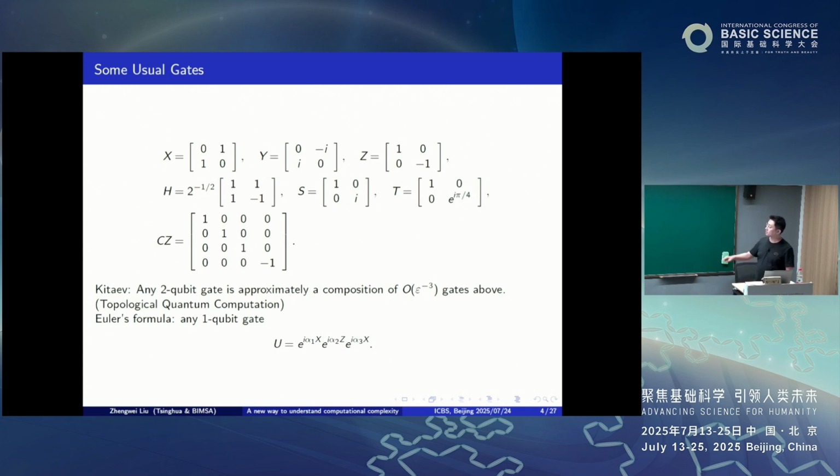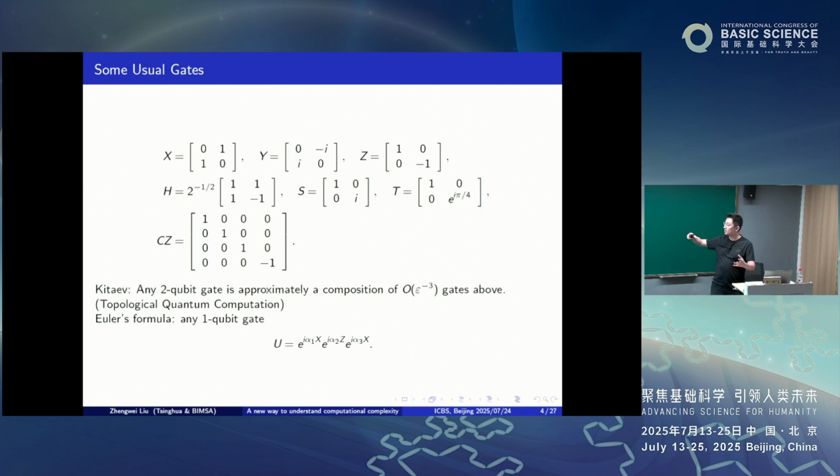If you just run those gates, they will generate a dense subset of SU(2). This is because you only take a discrete angle T. If you remove T, then this will generate a finite subgroup called the Clifford group. And we know this finite subgroup won't give quantum advantage because we can do classical computer computation to simulate it. But if we add a T gate, then yes, we have a better generating set so that you can approximate arbitrary SU(2) or even SU(4) using the multiplication of those gates in polynomial time.